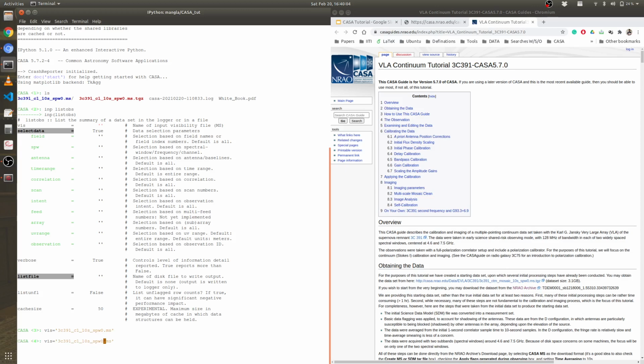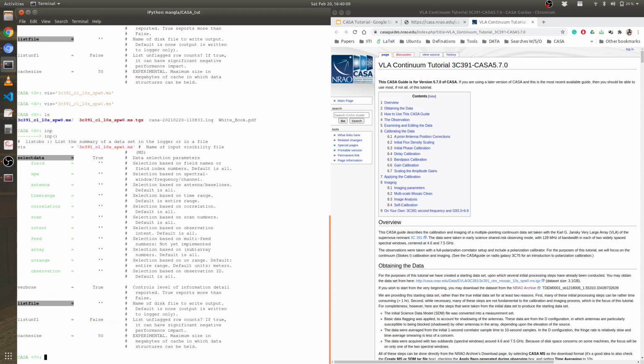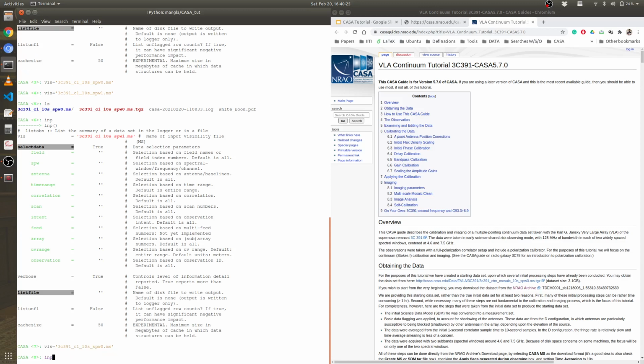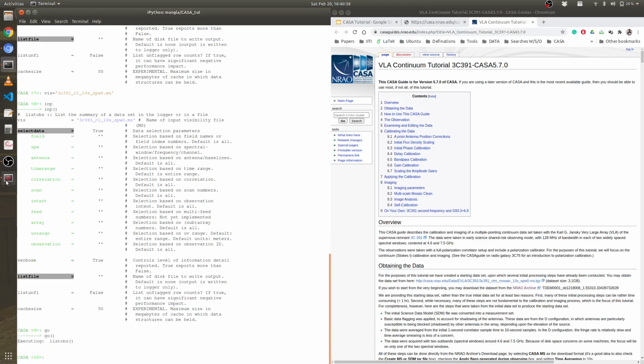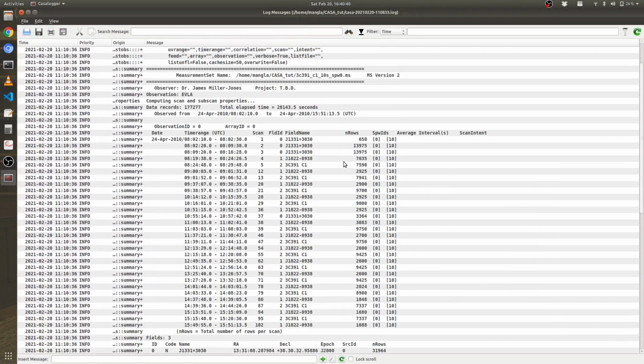If I put a wrong file name, let's say there is no file by this name, and I do inp again, it will come out red. So it says there is no file name like that. If you put a wrong parameter that shouldn't be there, you will get this. If I put the visibility again, the same correct parameter, and do inp again, it comes out blue, which is good. Selectdata true, and go is to run, to execute the task, right? So go,